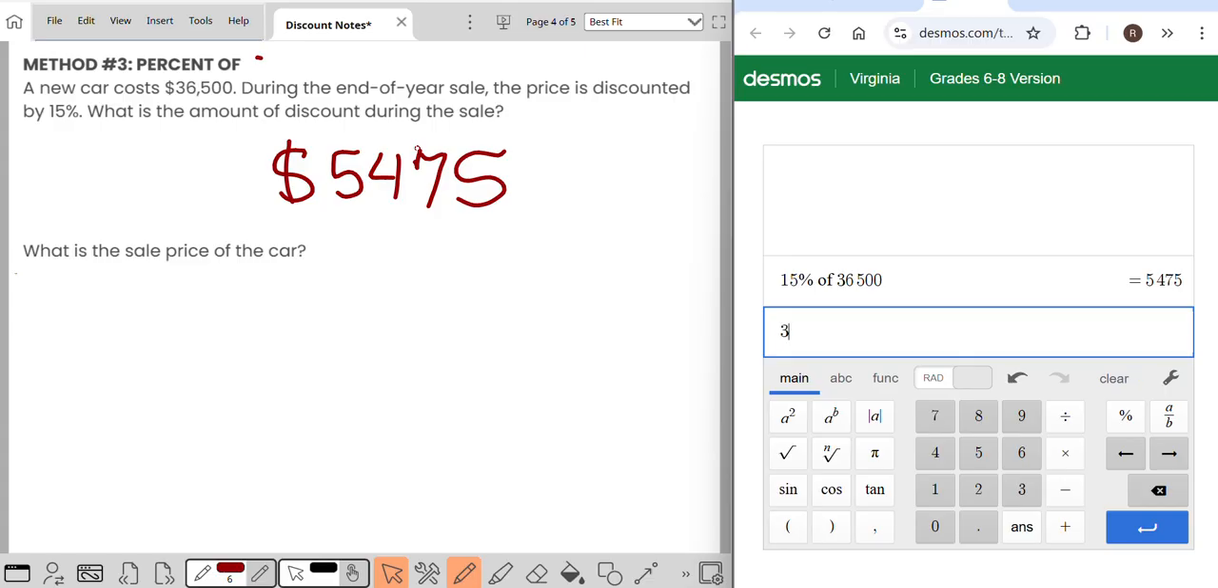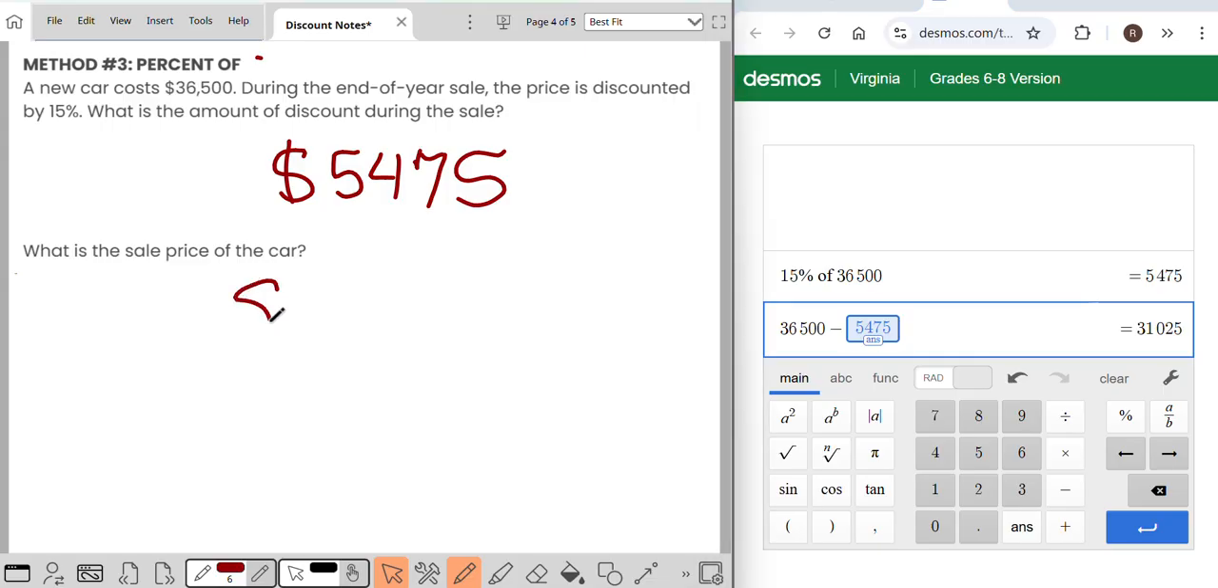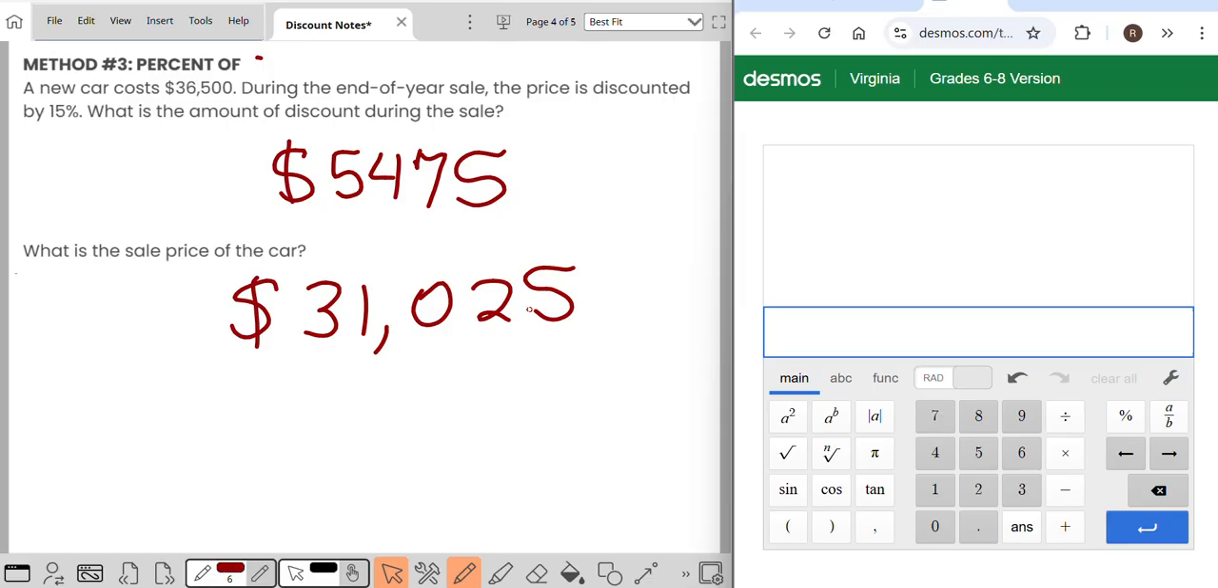Then we're going to do 36,500, which is the cost, and subtract that discount, which means the sale price would be $31,025 for that car. Okay? There's also a way to do this in one step. If you know, for example, that 36,500 is 100% of the cost, and they're going to discount it by 15%, that means that you're only going to pay for